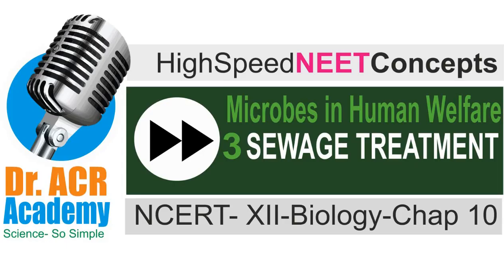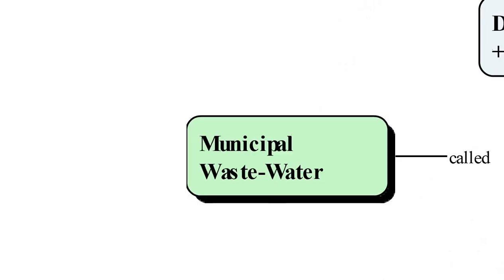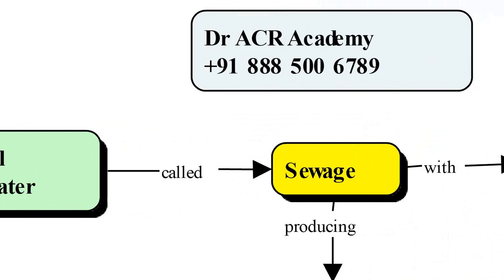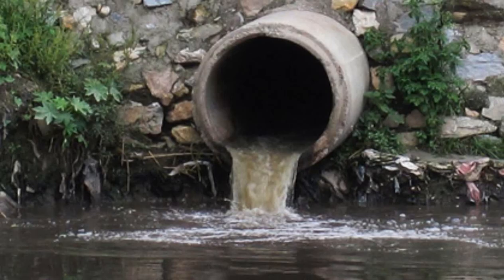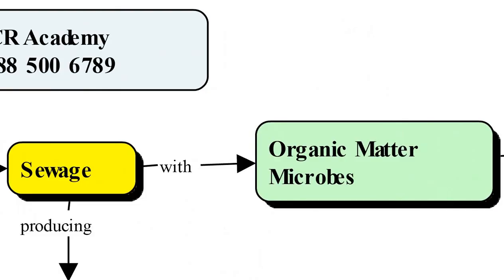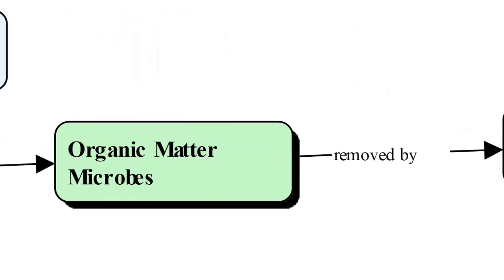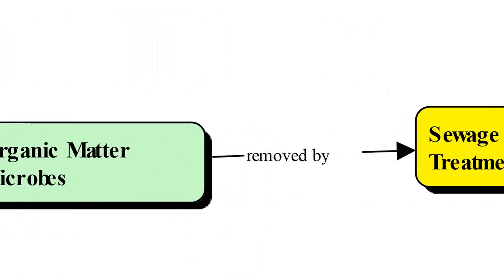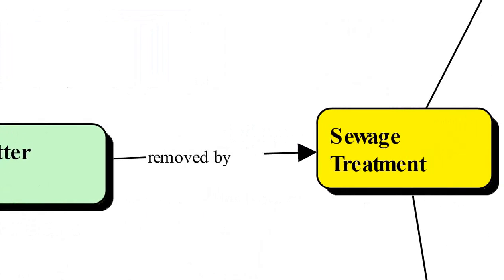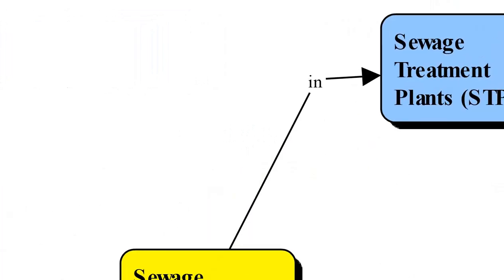In this video, we will discuss the application of microorganisms in sewage treatment. Municipal wastewater is also called sewage, and usually this is sewage with a high amount of organic matter as well as microbes which cause diseases. And these organic matter and microbes are removed by sewage treatment, and this is usually done in the